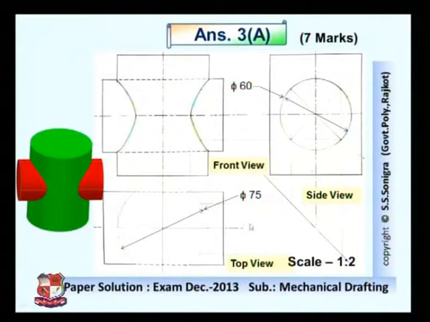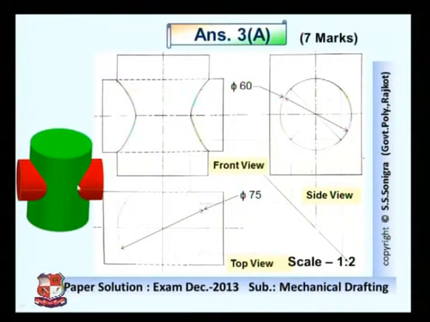It means you have to reduce the scale up to 50%. It's allowed, but you should mention the scale below this diagram, and you write the name of views below these views. Students forget to write the name of view. It's a front view, it's a side view, and it's a top view. And this is isometric view of the given case.